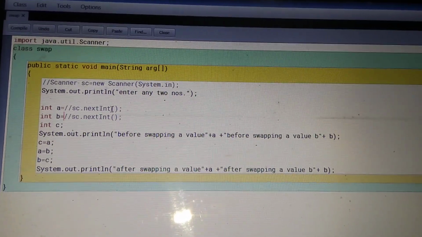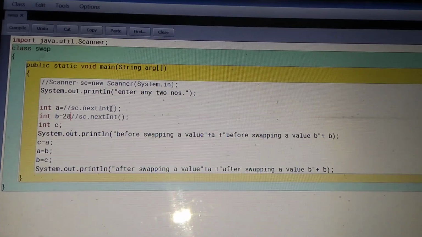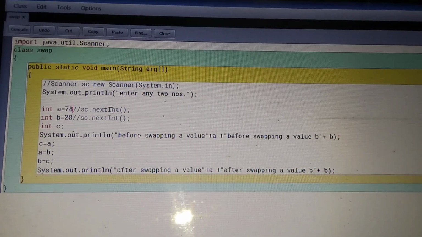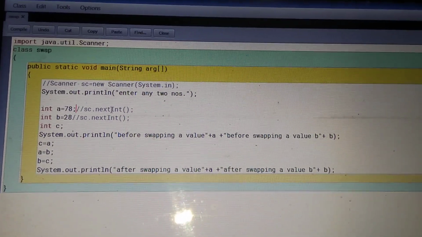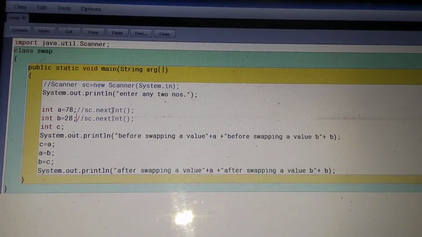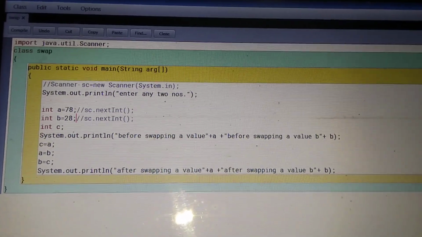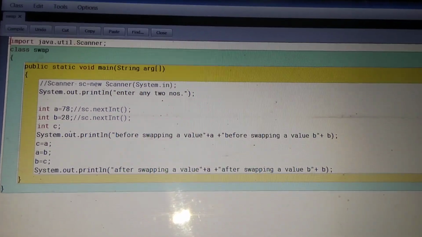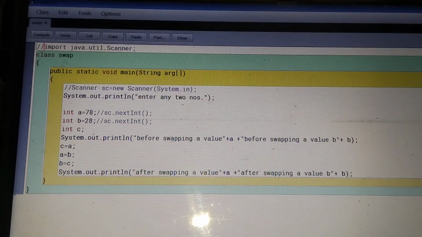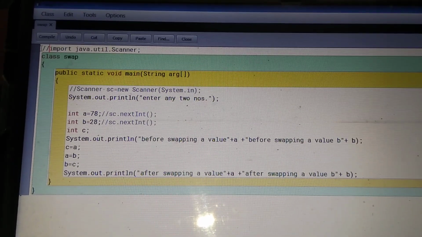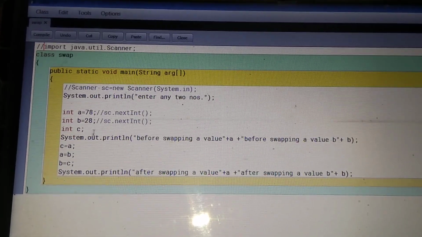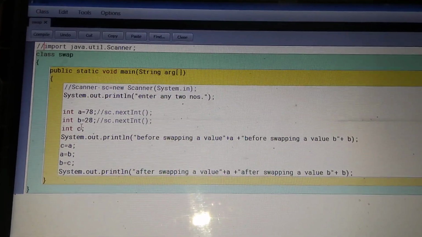Now in the assignment method, here we write a value is 28 and b value is 78. The assignment method means we simply assign the values of a and b. There is no need of the import statement, so you also comment it. See, it's an inactive part, which means the compiler does not read these lines. Now it's an assignment method. We simply assign the a value and b value.